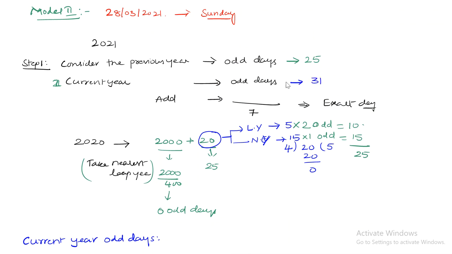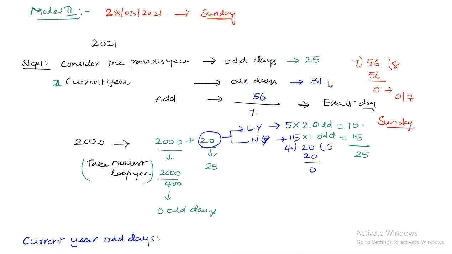As per the procedure, we will add these two values. So how much is it here? 5 plus 1 is 6, and 2 plus 3 is 5, so it is 56. Now divide this by 7. 7 eights are 56, and the remainder will be 0. As per the notation, if you are getting a 0 or 7, it is Sunday. So hence it is proved that this concept is correct.